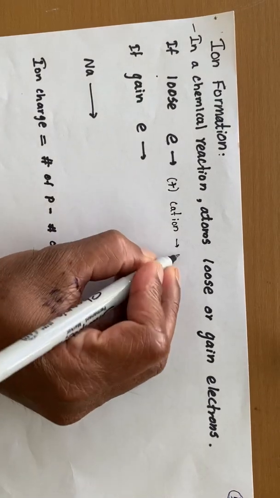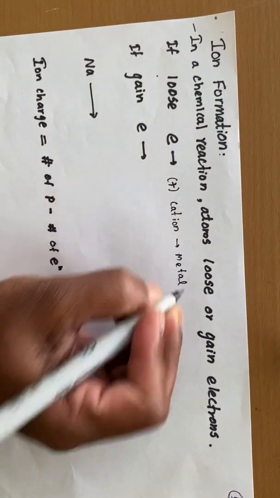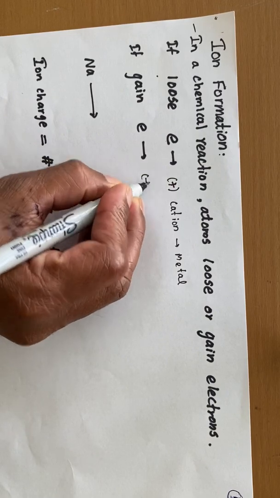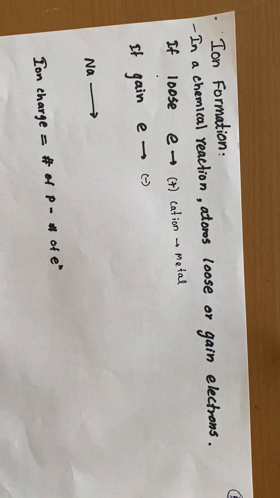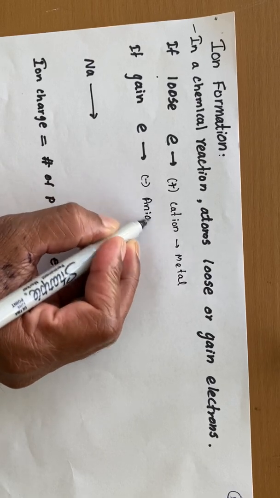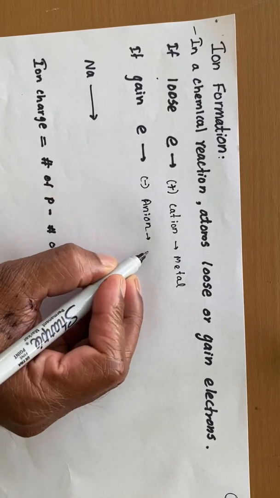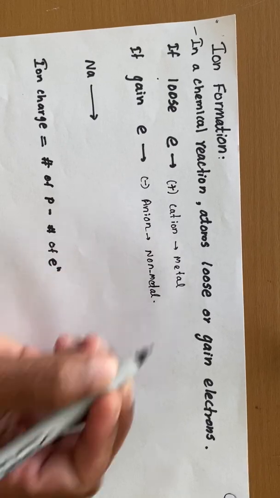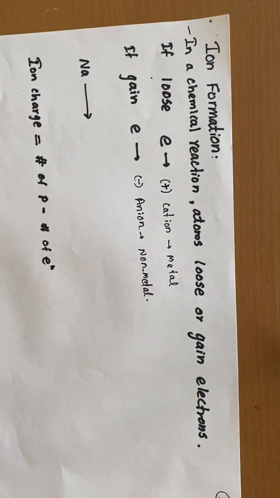Normally, metals make the cation. If you're gaining the electron, if you're accepting electron, we have an excess amount of electron, then we will get the negative charges because electrons are negative charge. Then we call those anion. Normally, non-metals making anion. If you take an example again,